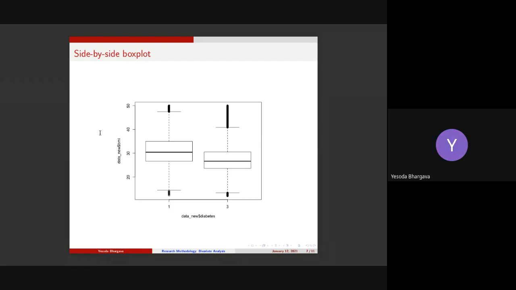So that is the data observation that you have told me, that people who are diabetic have a higher maximum BMI as compared to people who are non-diabetic. How will you interpret this finding? You would say that people in the diabetic group tend to have a higher BMI as compared to people who are not diabetic, which could be indicative of the fact that BMI may be associated with diabetes.